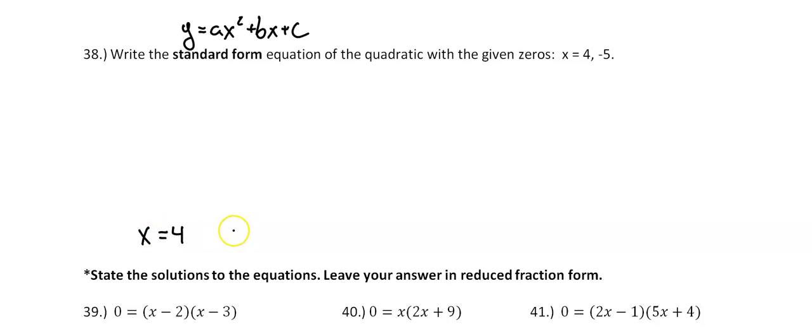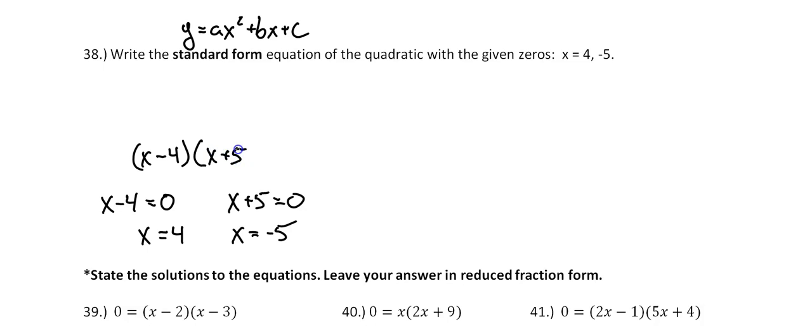If we had like x equals 4 and x equals a negative 5, that means I would have had the factor like x minus 4 equals 0. See, because to get that, I would have had to add that 4 to each side. Likewise, over here, this would have to be x plus 5 equals 0 to give me an answer of x equals negative 5. See, I'm just kind of working my way backwards. And that means I would have had the factored form of this thing as x minus 4 times x plus 5 equals 0. And then if I multiply this out, if I FOIL, if I distribute, that gives me x squared plus 1x minus 20 equals 0, which means I must have started with the equation y equals x squared